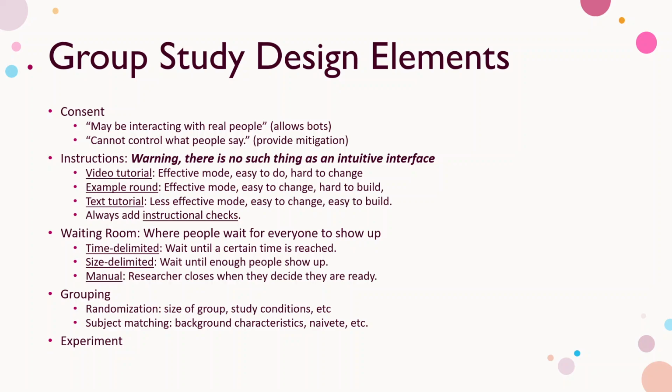The last element, besides, of course, the experiment, is the grouping. And there are two things that go on here. One is randomization. How do you randomize people? Can you randomize people to different group sizes? And what kinds of study conditions are you randomizing them to? There are a lot of different randomization algorithms out there, whether flipping a coin or